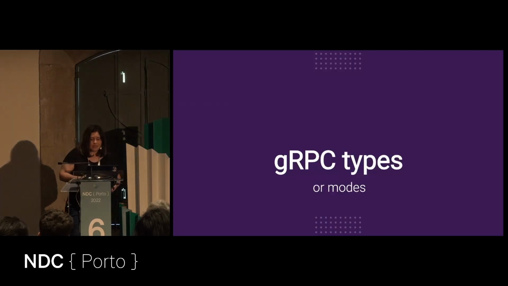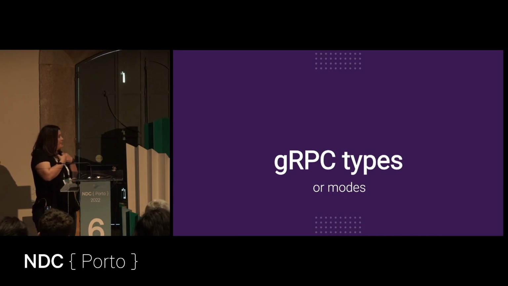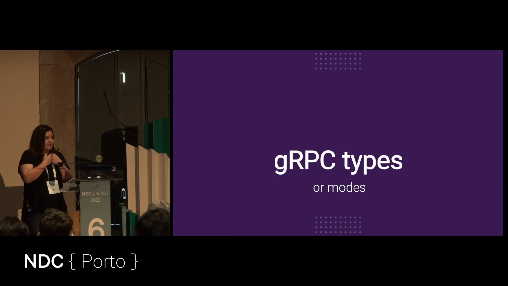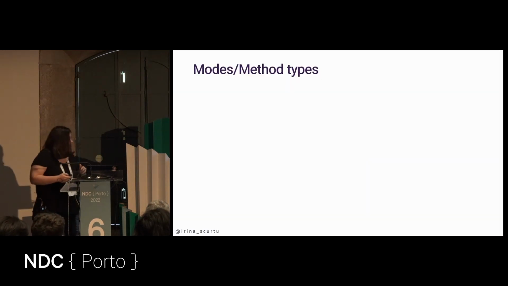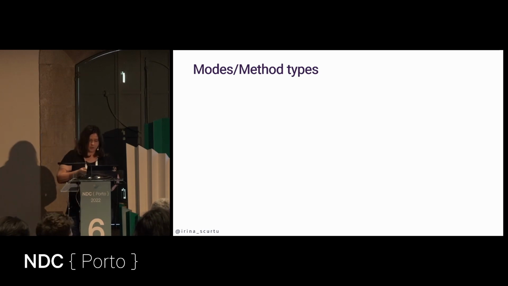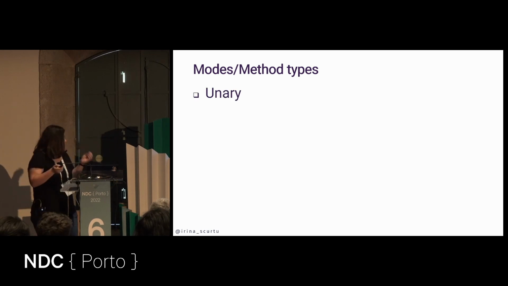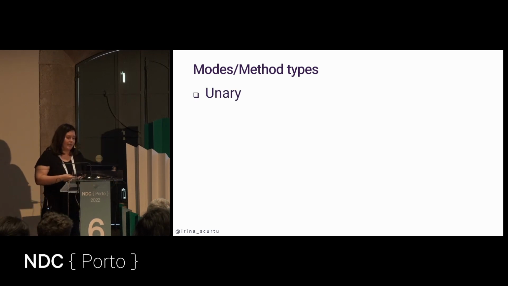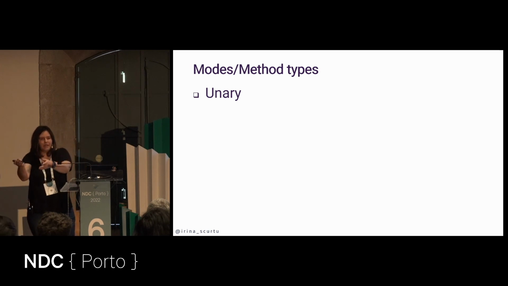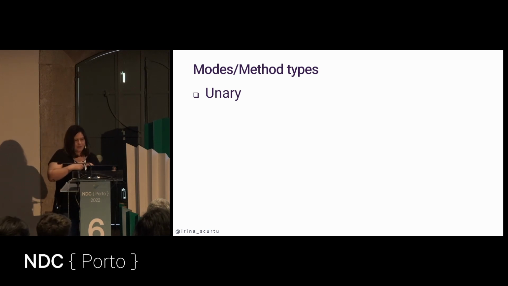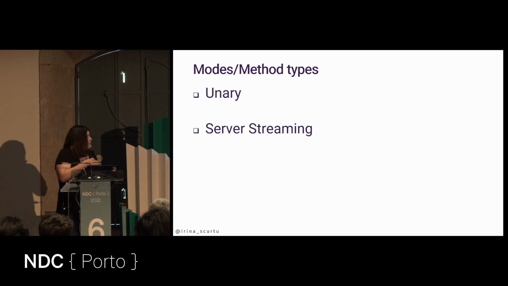Okay? So what gRPC does very well is expose 4 ways of working with data. And we're going to talk in depth about each one of them, and also look at some code. So first of all, we have unary representations. Unary means request response in a traditional way. You issue a request and you get one response back. It's a one-to-one representation.